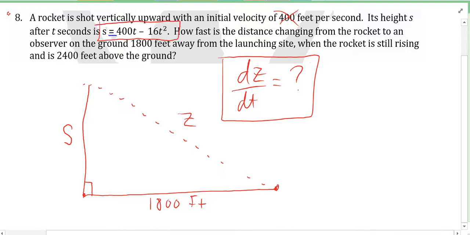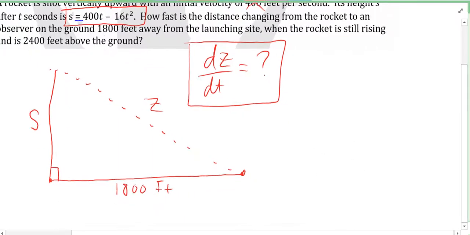So how can we find how fast the height is changing if we know an equation for height, for s? What do you do? Slope. You derive it, yeah, same thing, slope. If I want to know how fast s is changing, I need to derive it. And notice, if we derive s here, we're going to derive it with respect to t, because that's the independent variable. So ds/dt, although it's not a number right off the bat, it is a function, and ds/dt is 400